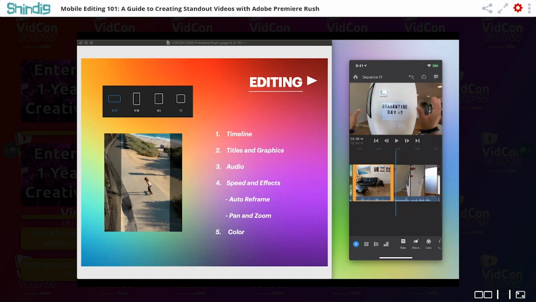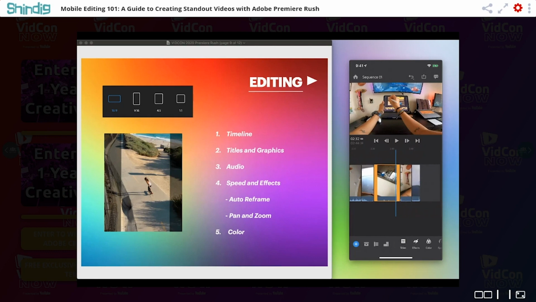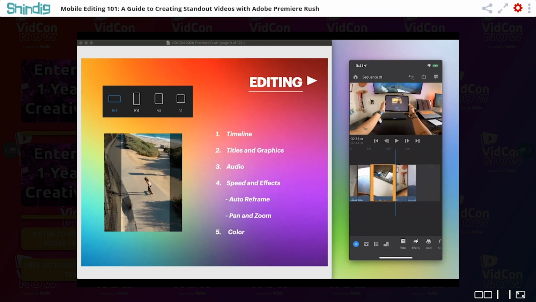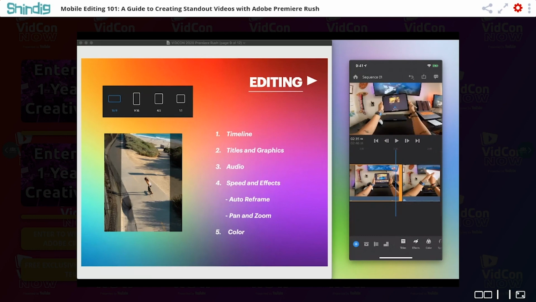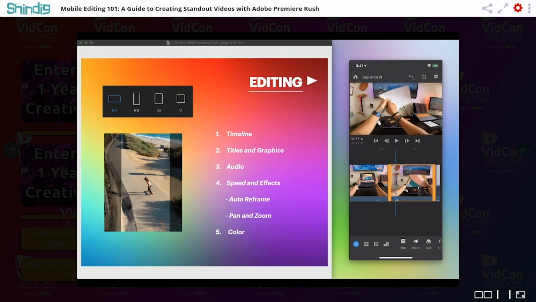I'll show you one more example of how I use this iPad here, where I'm editing on my iPad. But when I take it like that, I've actually recorded the same clip, and I'll show you basically how I did it. So I took this iPad here and I went like that, and I also took this particular clip, and I did the same motion. But when you clip them together,